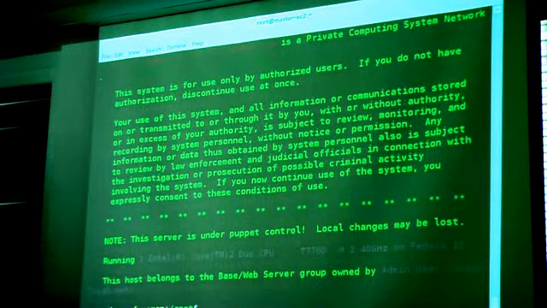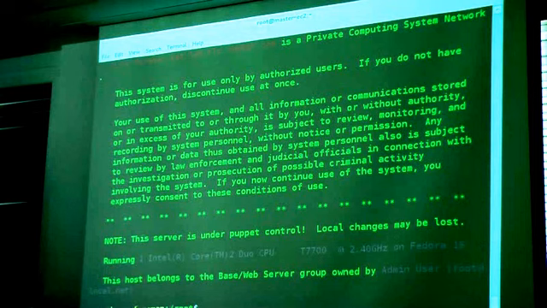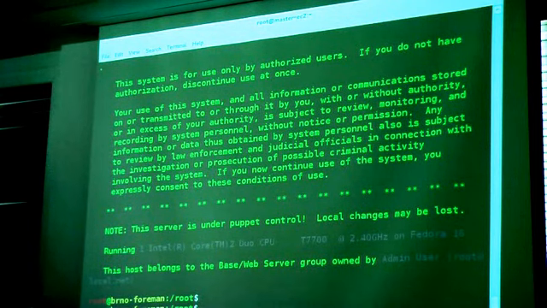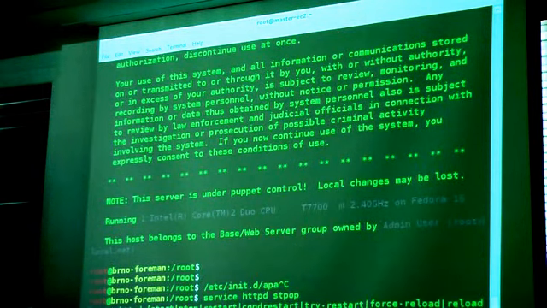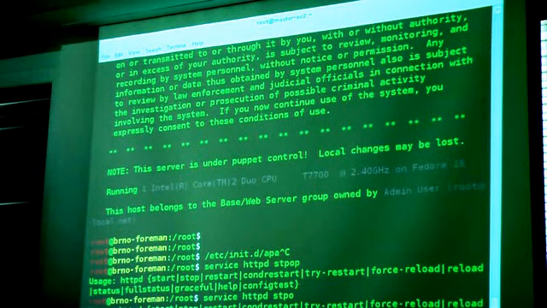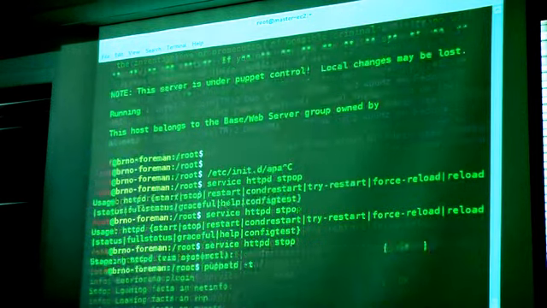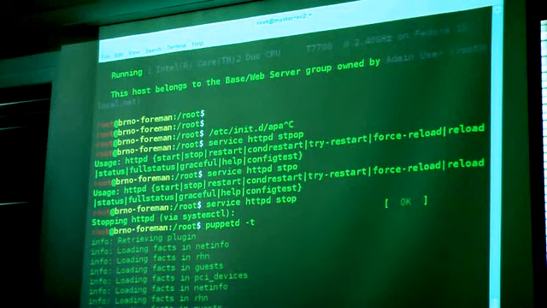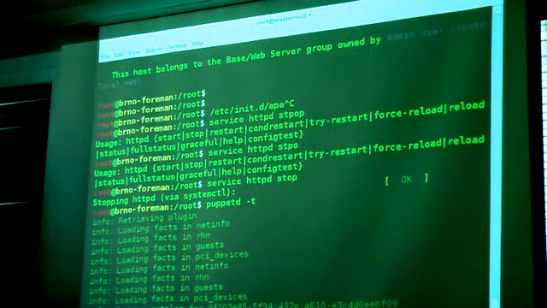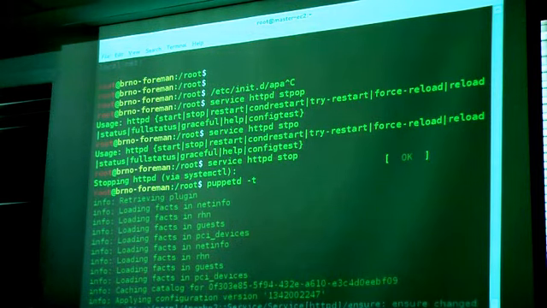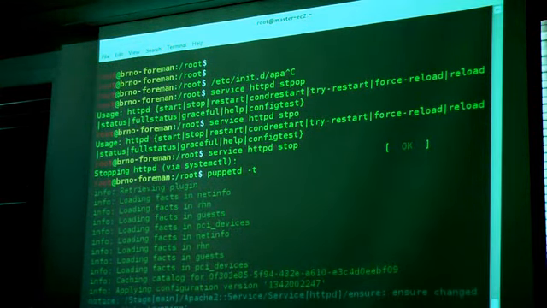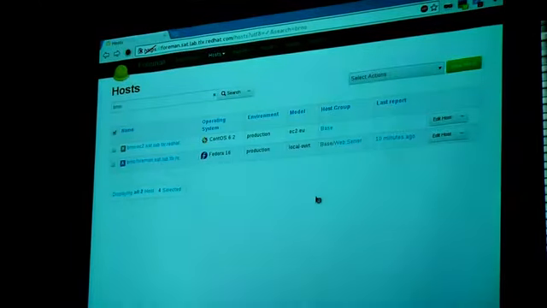We could change something. Let's say you said Apache. Yeah. Too hard. And if I run Puppet, it asks the server what it's supposed to be doing, and starts Apache. And if we go back to Foreman and refresh this page, you would see that